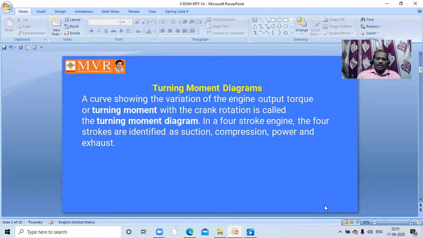We are going to draw a curve on two axes. The first axis we are going to choose as the output and the second we are going to choose as the crank angle. That means for every crank angle we are going to get an output in the form of a torque. If you take an IC engine exclusively, if a piston is moving in a cylinder,